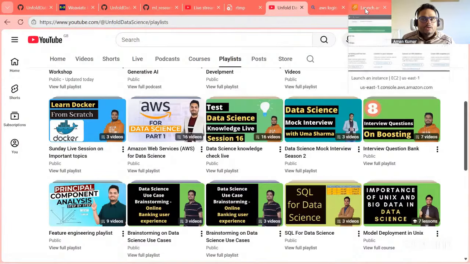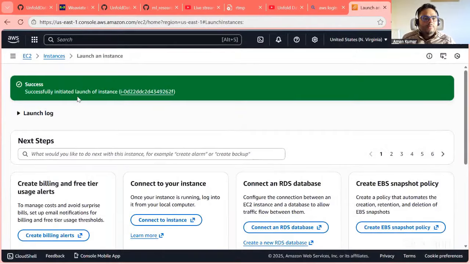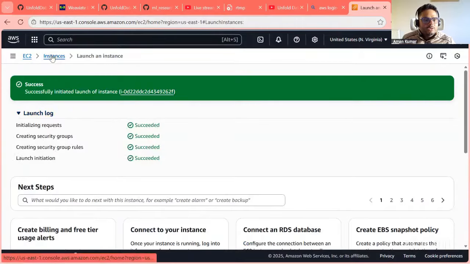Okay. What I'm going to do now is my server is launched, successfully initiated launch of the instance. If you go to instances